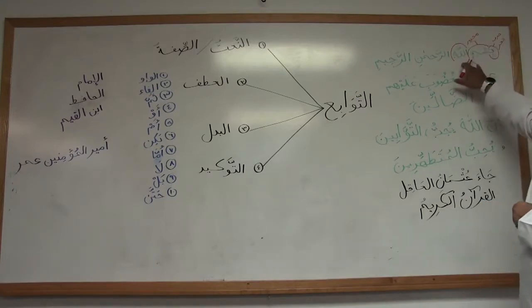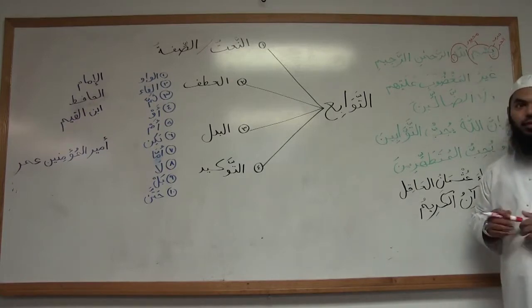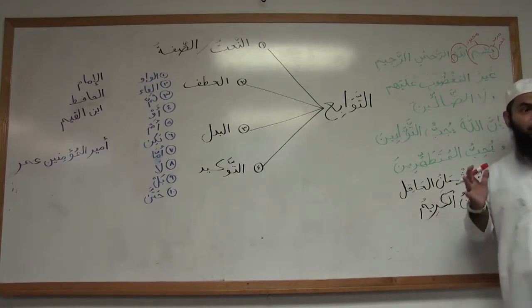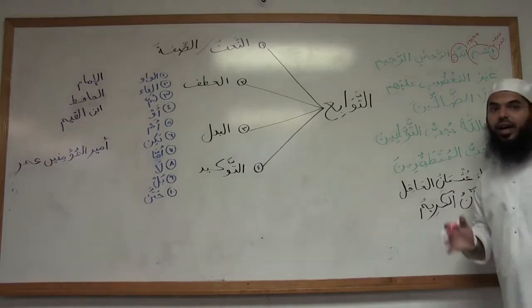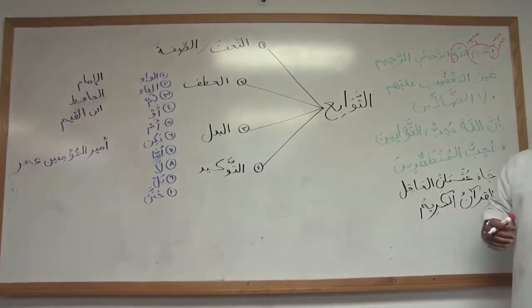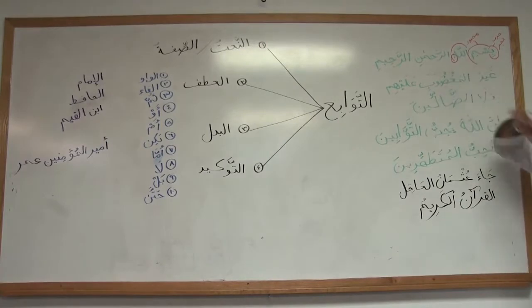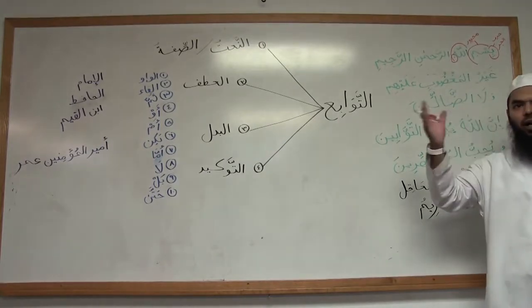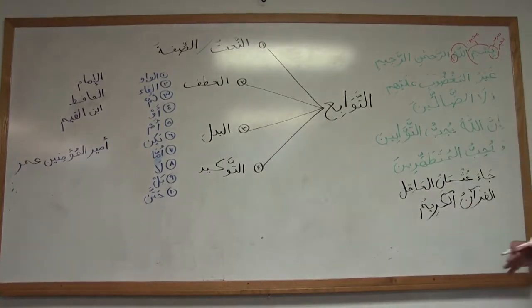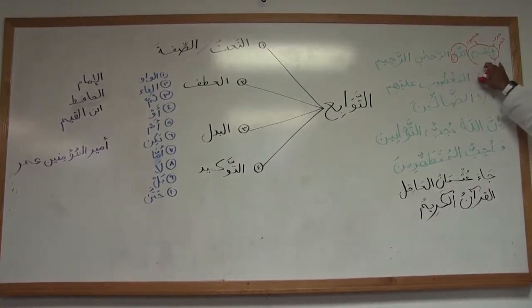So, the first thing, what is the i'rab of it? It's majroor. Tayyib. So you already know, because of last week's lesson, for those who were here or watched the video, that there's only two reasons in reality why it would be majroor. We talked about exceptions to the rule, but in rule, either it's got to have a harf jar before it, or it's got to be mudaf ilayh. So does it have a harf jar before it?